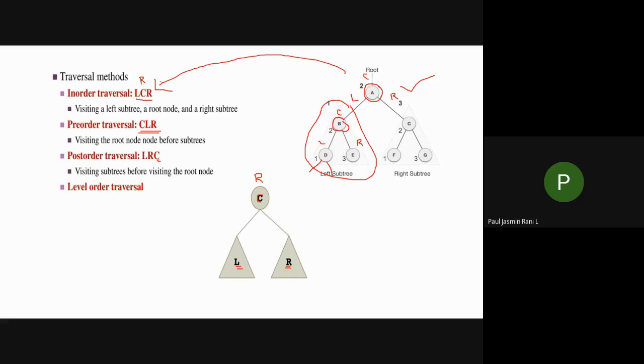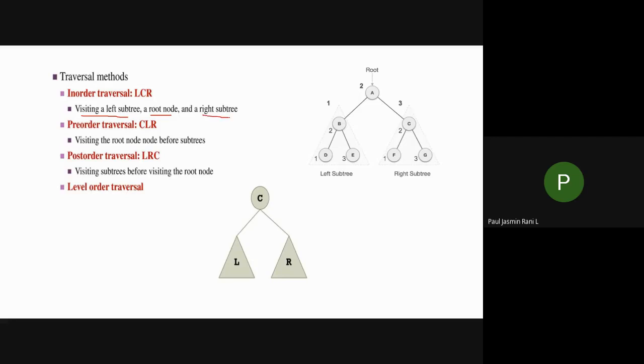I will explain in detail in other slides. Just have a glance over that. So how do you perform a traversal? Remember this: in-order means you have to give preference first to the left, that is, you have to visit left. Next you have to visit your parent node. Next you have to visit your right subtree node. It means that after visiting your left child only, you have to visit your root node.